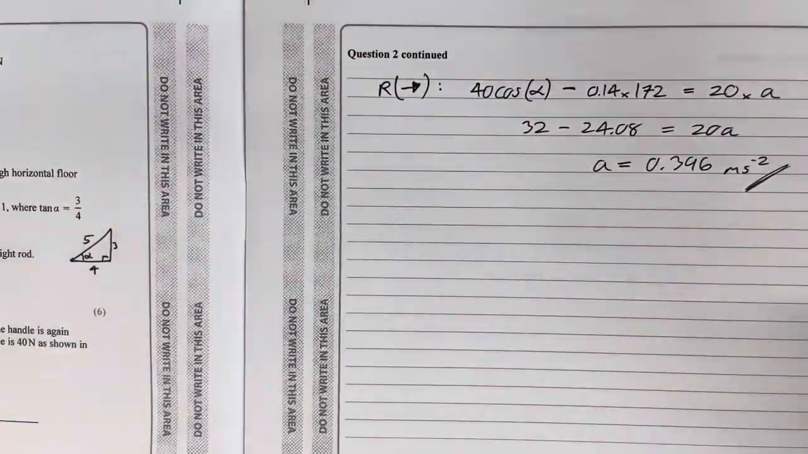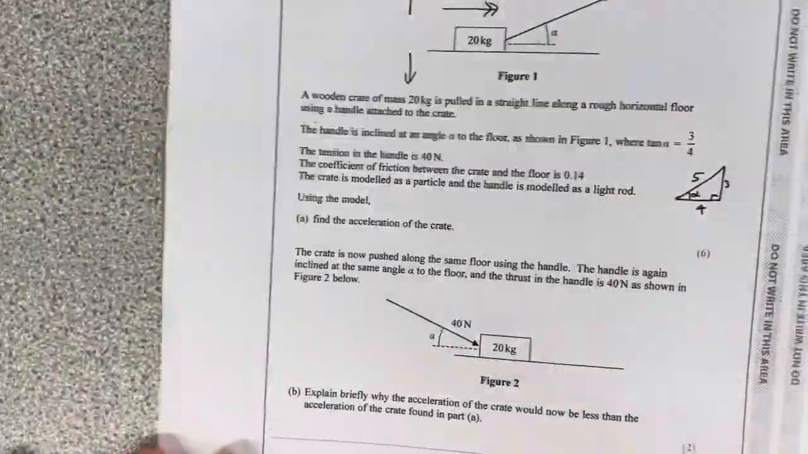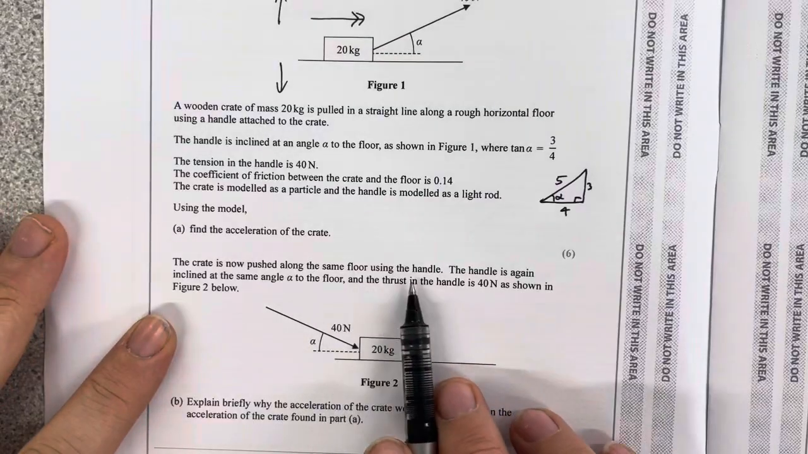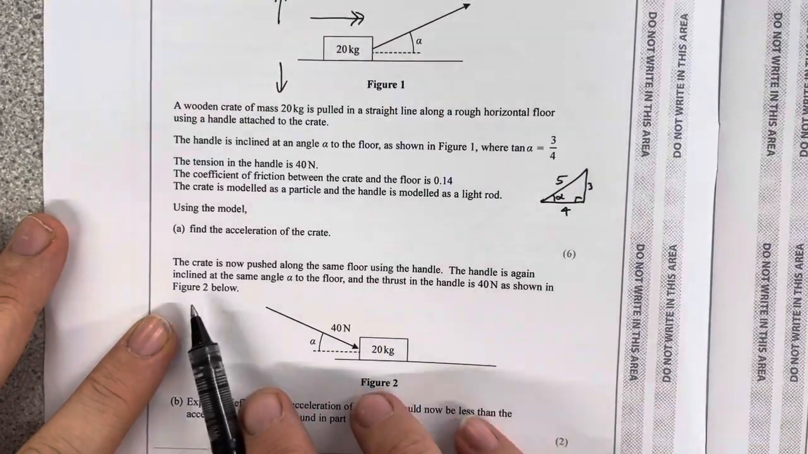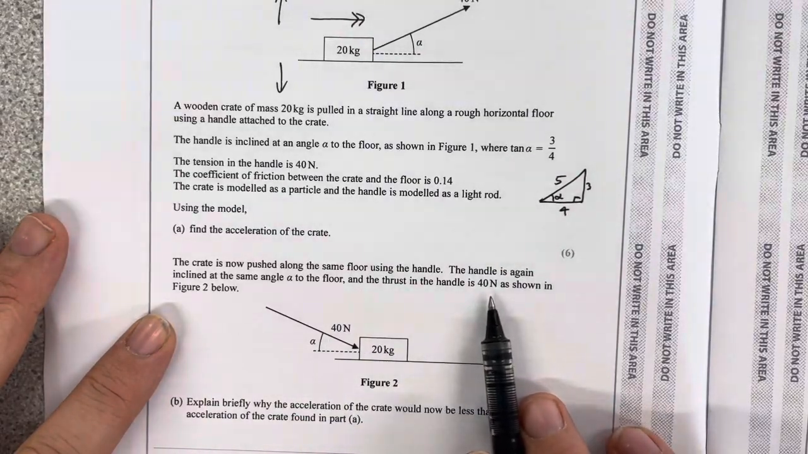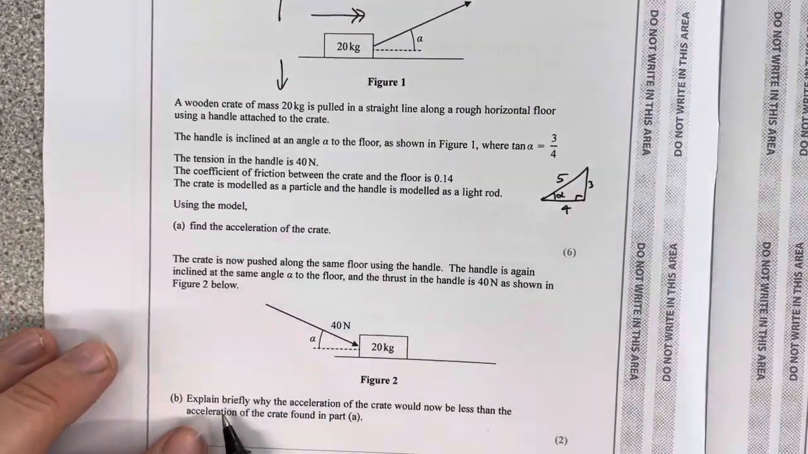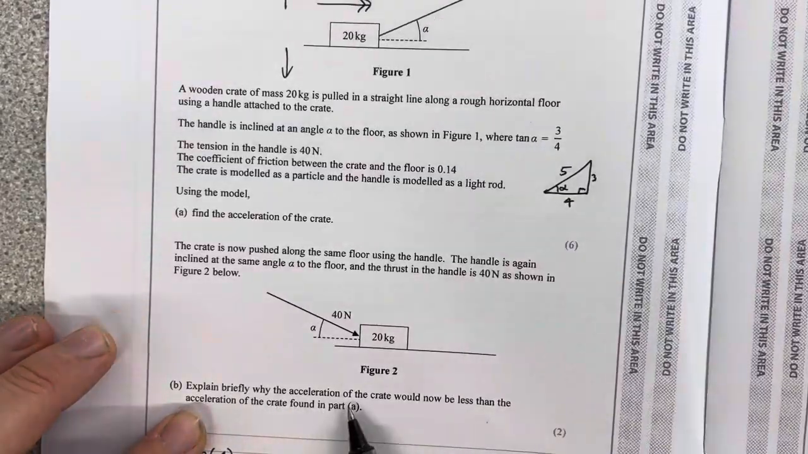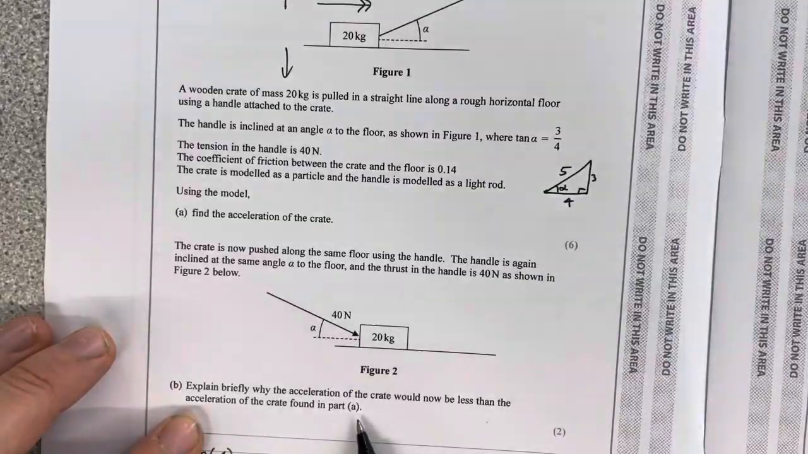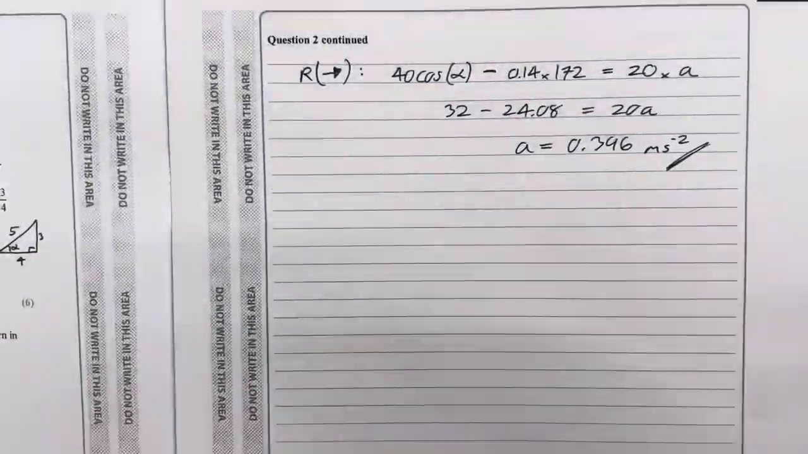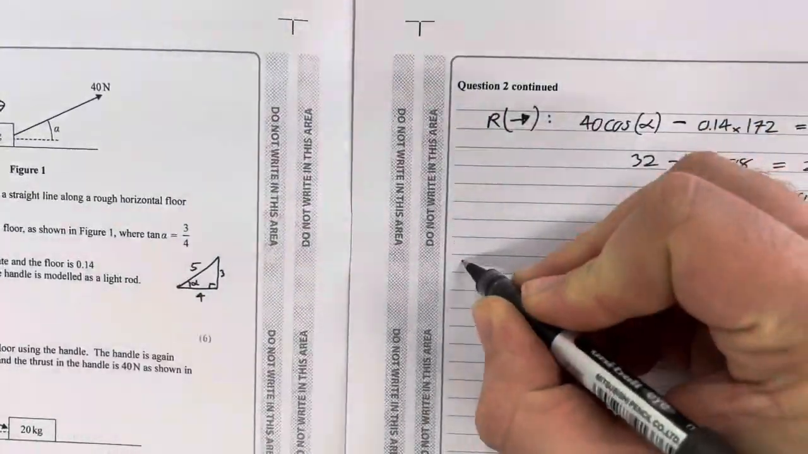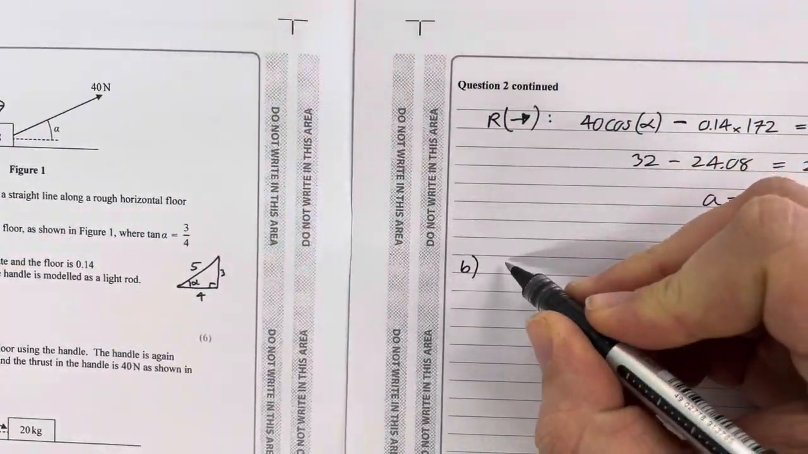Okay, the crate, let's go back to the question, that's part A, 6 marks. Part B, the crate is now pushed along the same floor using the handle. The handle is again inclined at the same angle, alpha, to the floor, and the thrust in the handle is 40 newtons, as shown in figure 2 below. Explain briefly why the acceleration of the crate would now be less than the acceleration of the crate found in part A. Okay, so we're not going to do any calculations, just explain briefly, we don't need to do any calculations here. And the answer to this is because the